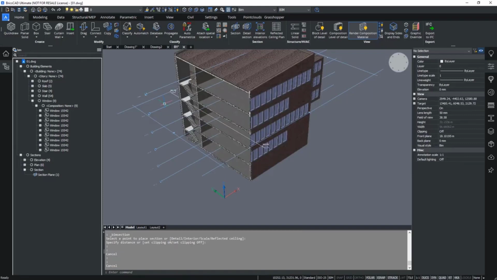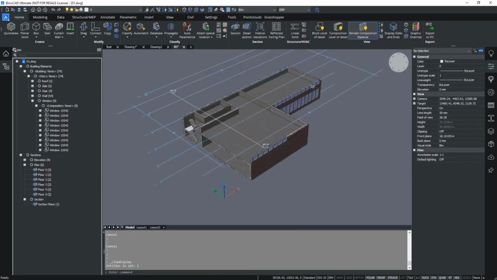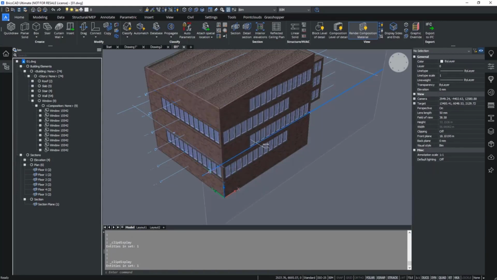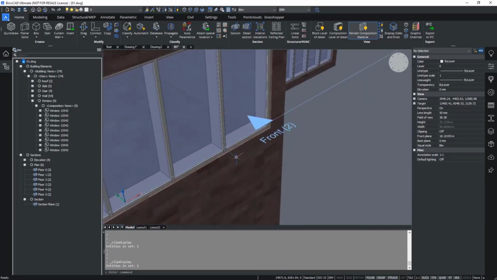We have different types of BIM sections. A plan will clip horizontally. A section, which I just made, will clip through vertically. And an elevation will not clip any geometry, but will just look from the side onto our geometry and show an exterior elevation view. Each of these types have different trackers,